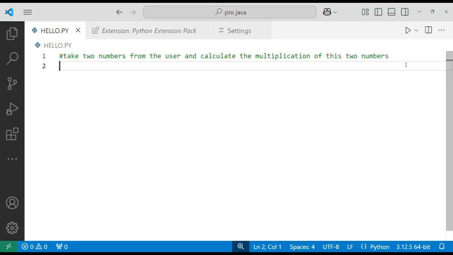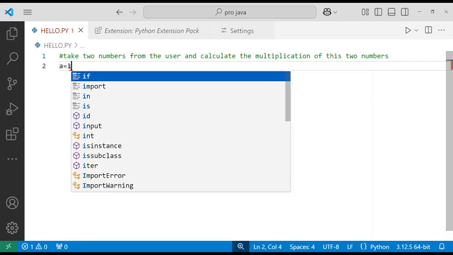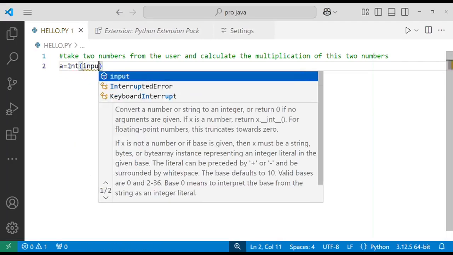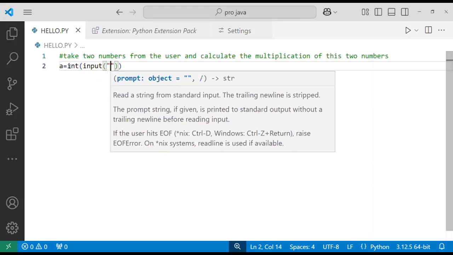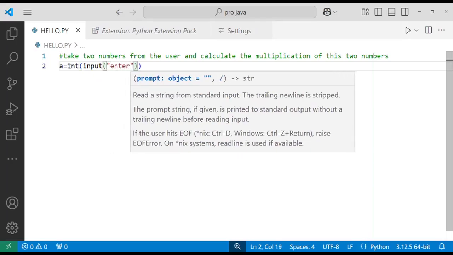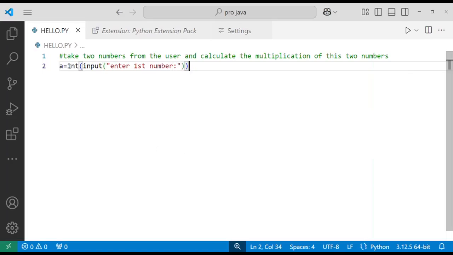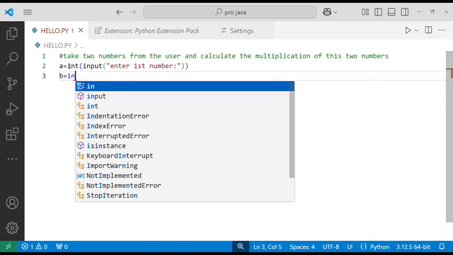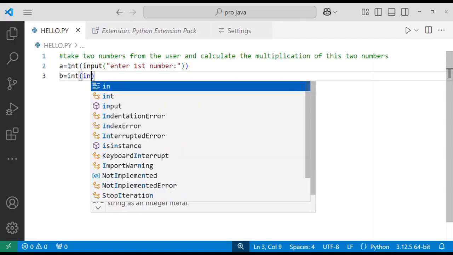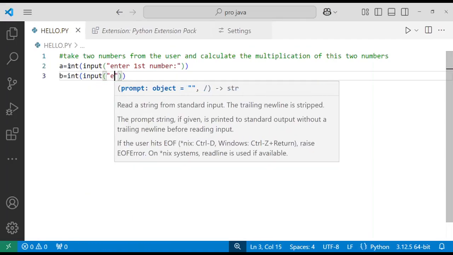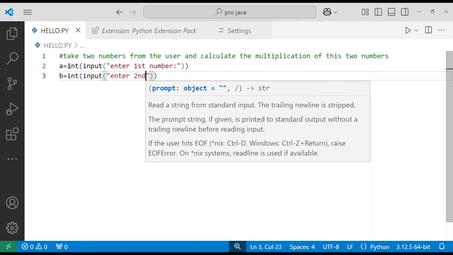So this question is: take two numbers from the user and calculate the multiplication of these two numbers. a equal to int input, enter first number, b equal to int input, enter second number,